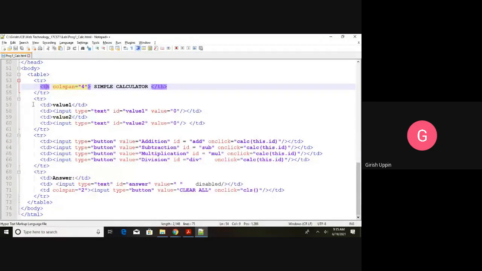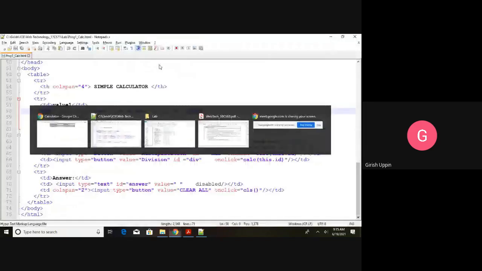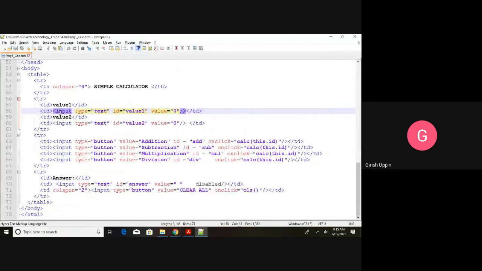Then the second row. In the second row, what we have is this TD. This TD is just one text content, that is value 1. Whatever you want to put here, you can put here. Then inside a TR we will be having a second TD, and for this TD I have an input HTML element, an input control, and its type is text.